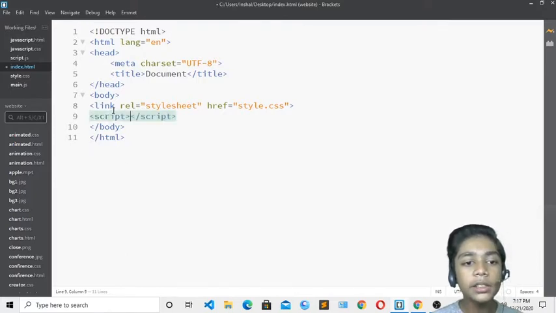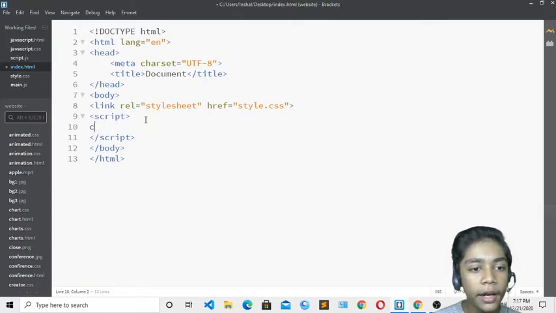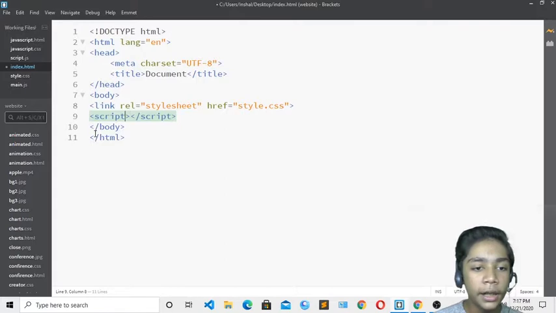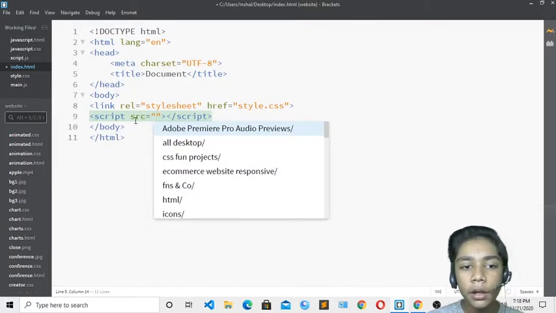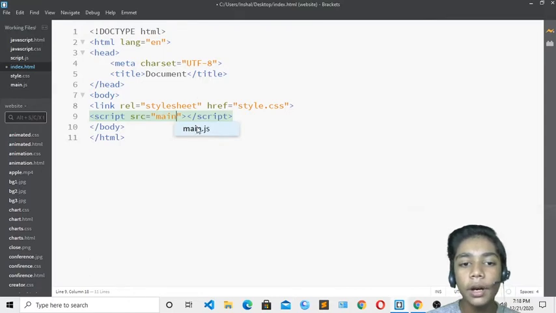In the script tag, if you press enter, you can also write JavaScript in that, or you can write your JavaScript in your file. We will write in a file, so I will write script, and now over here I will write src. Src is the short form of source. You have to define the source of your JavaScript file. My file name is main.js, so I will define main.js. Here you can see it is coming because I've saved these three files in the same location, so it is giving the option of main.js, and there is only one JavaScript file.